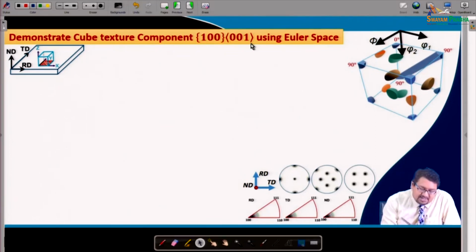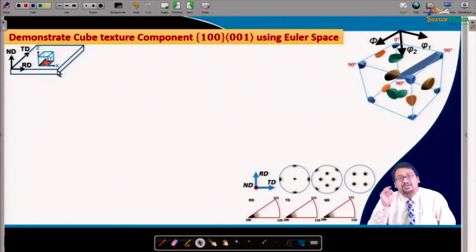So, let us say that there is a sample which has been rolled, and so the important sample reference directions are RD, ND and TD, right, and the crystals which are oriented in this sample are mostly oriented like this. So, x is basically 100, y is basically 010 and z is 001. So, the cube component, as we have discussed earlier, can be observed in this corner, in this corner, in this corner and in all the 8 corners of the Euler space, which are related to 0 0 0 degree